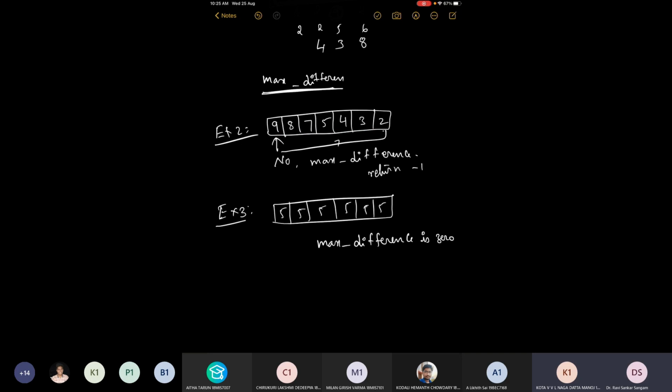But by looking at the array, is it possible to determine a max difference which satisfies the other condition too? No, sir, it's not possible. It's not possible because whatever element you consider, all of its left side elements are greater than that. So in that case, say that the max difference is undefined. Instead of undefined, we are giving some value, -1. Okay, sir. Thank you, sir. Now I got it.